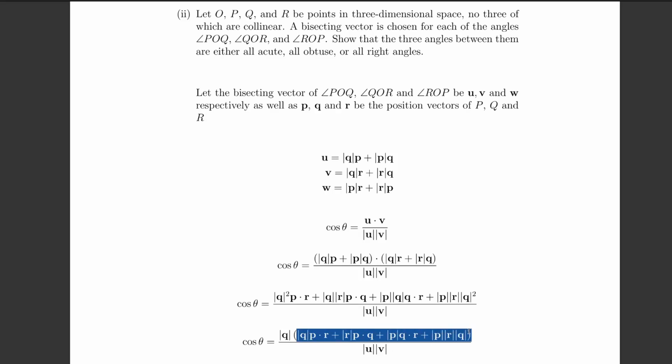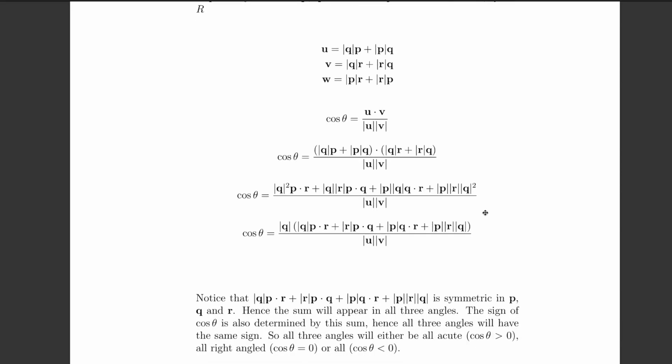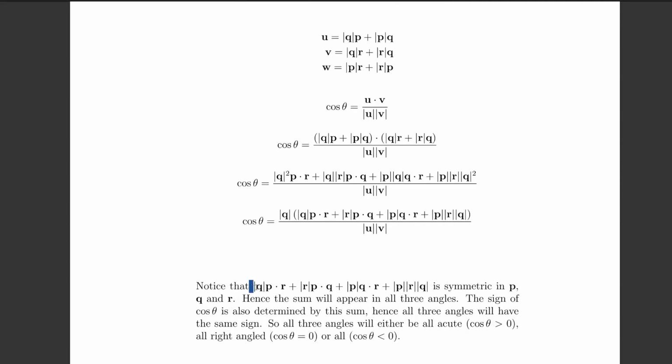So this is the thing that determines the sign. So if this term determines the sign, whether or not it's positive, negative, or 0, and we know that this term is going to appear in all three of the dot products,